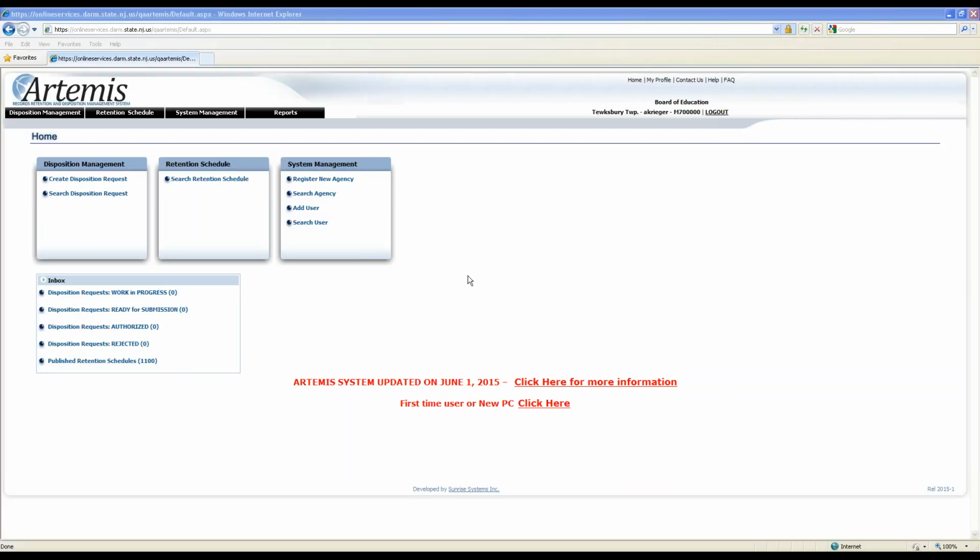So just be careful. I always tell people that when you're doing a disposition request, a good way to be on the safe side is that if you know those records could possibly be in electronic form as well, just put a second line item in for the same date range. Choose the medium type, and have one for paper and one for electronic. Then you have yourself covered. I do that a lot with my municipalities because more and more stuff is electronic, so I tell them to put two line items and be on the safe side. Again, they could show or prove that they had approval to delete those electronic records.